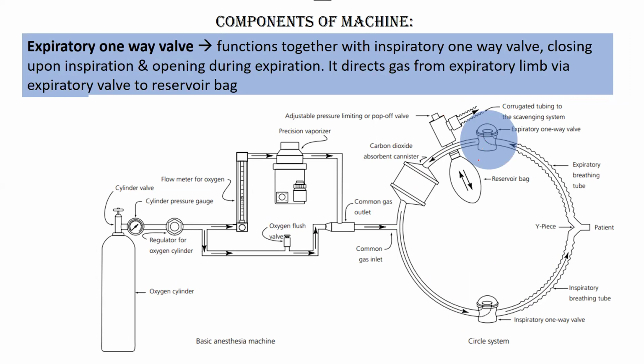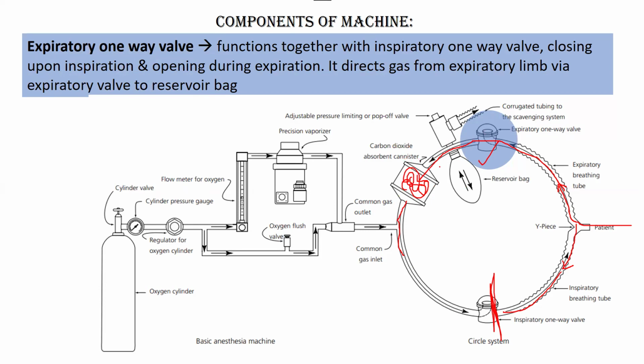During expiration, this will stay open, and the inspiratory one way valve is now closed. So the patient will breathe out. As the patient breathes out, the gas will go there and there, here too. From this side the gas will come here, and since it is closed, it will start to move from there into the carbon dioxide canister, and here all the carbon dioxide will get absorbed, and the remaining gas will come over here, because the remaining gas is a bit of oxygen and nitrogen. So carbon dioxide will get absorbed,